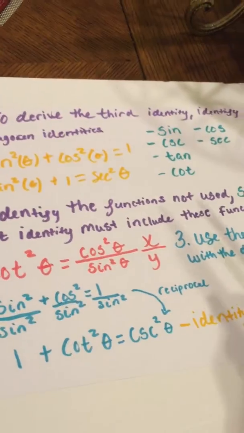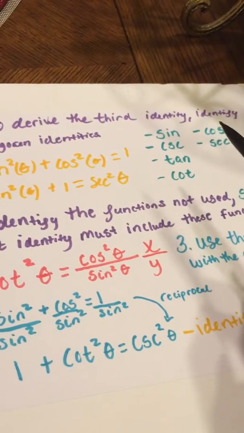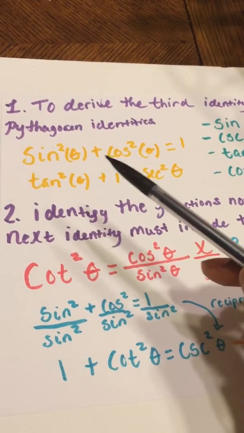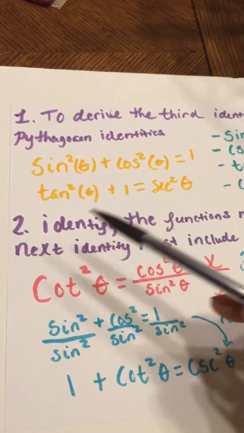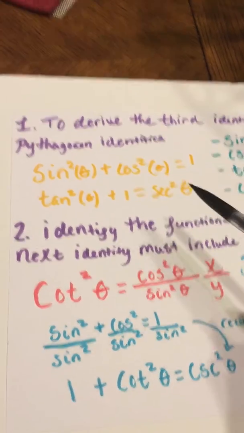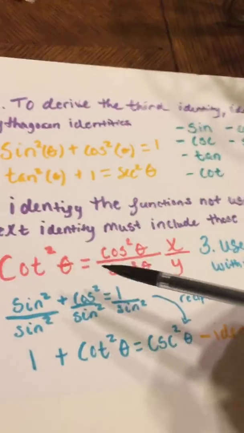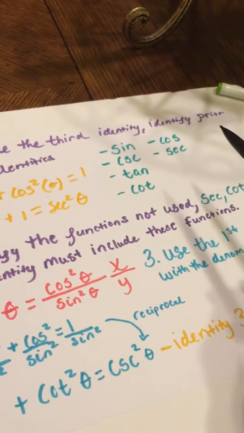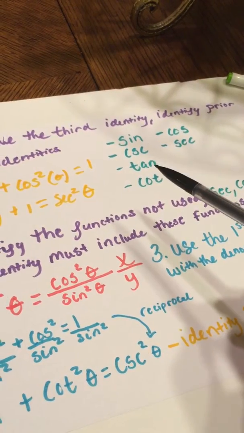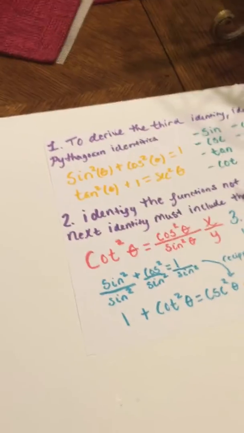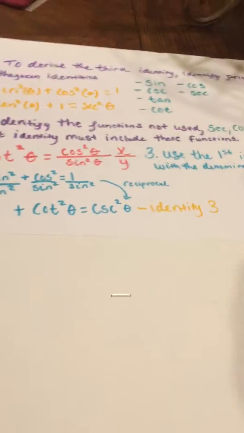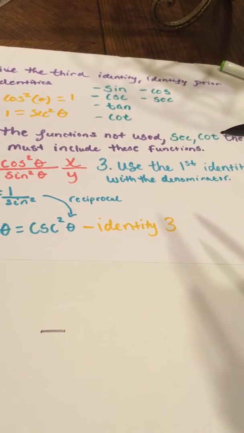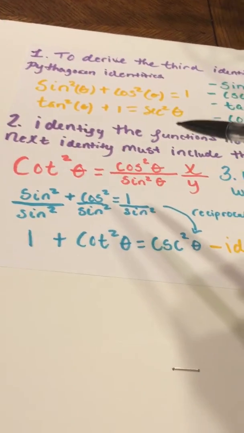To further derive the third identity, you must identify the prior Pythagorean identities. Sine squared of theta plus cosine squared of theta is equal to 1. Tangent squared of theta plus 1 is equal to secant squared theta. Those used were sine, cosine, cosecant, tangent, and secant. So the third identity must include secant and cotangent. The next identity must include